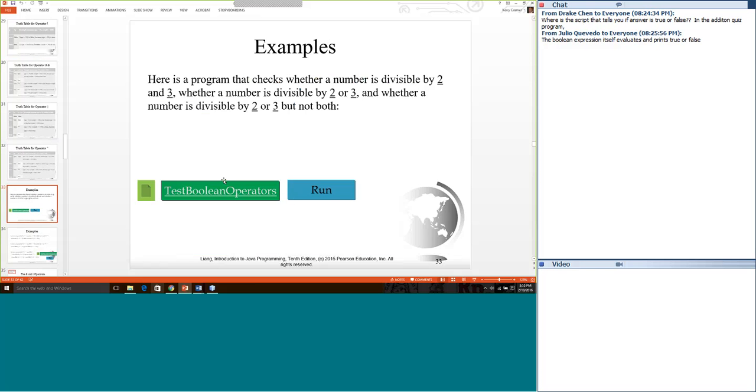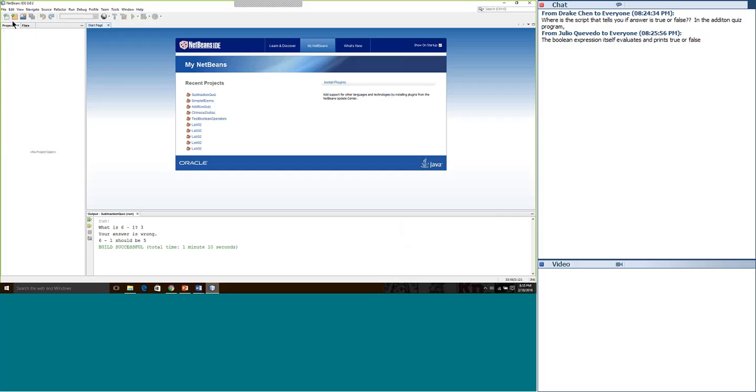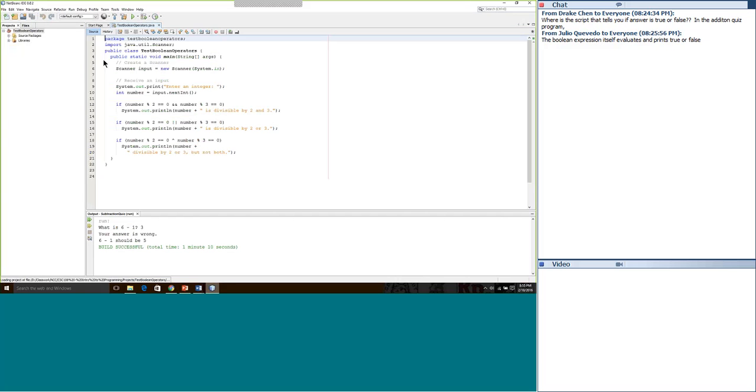Let's look at a program, test Boolean operators. Okay, a nice short, sweet program. We're going to get scanner input and ask for an integer.